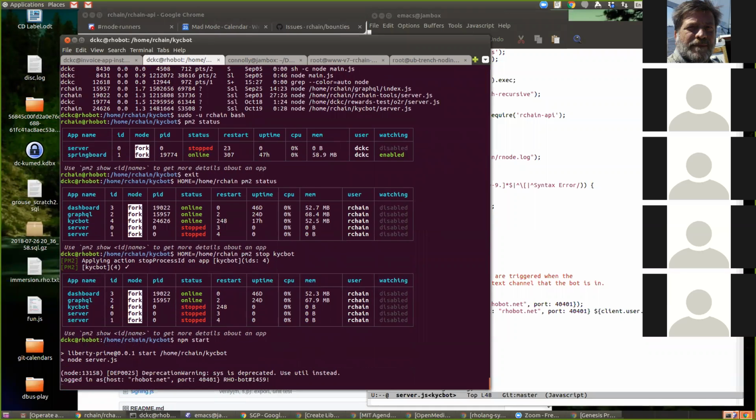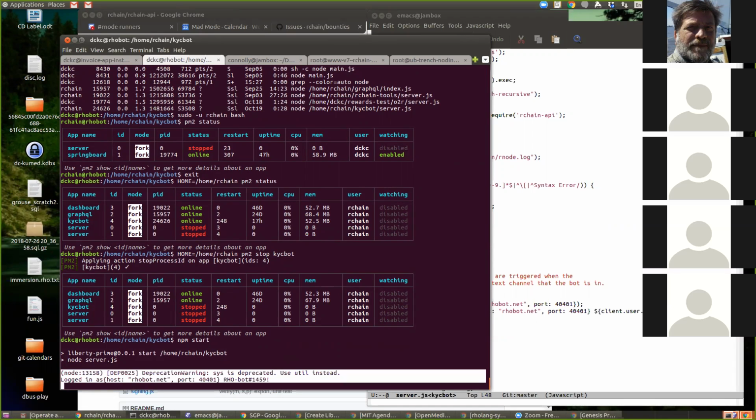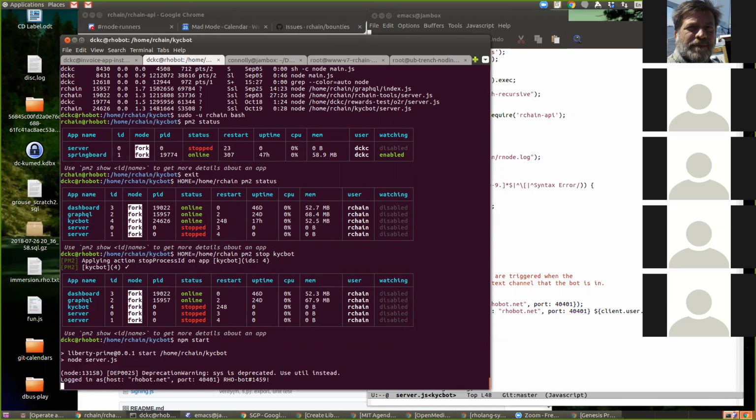Are you starting it twice? I stopped it. Oh, right. Okay. So this looks like it's winning, right? This looks like I'm not missing any dependencies. Yeah, it's running.